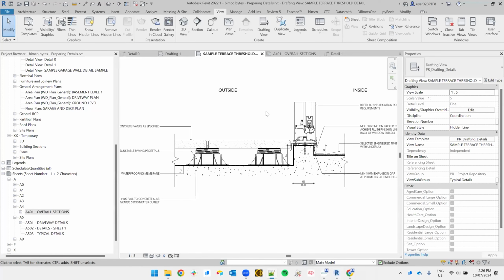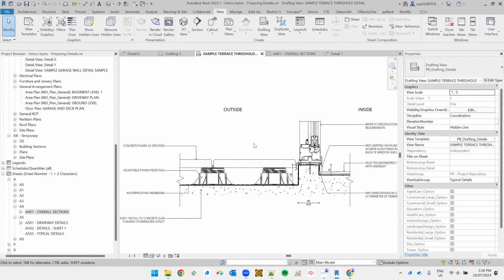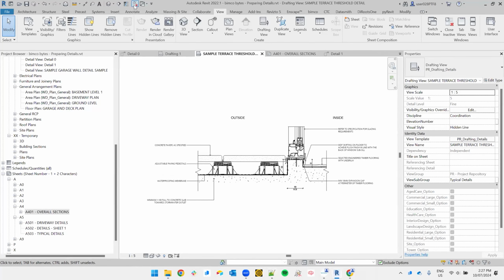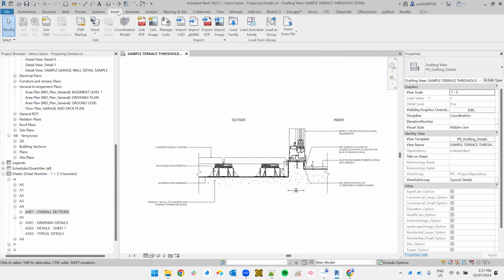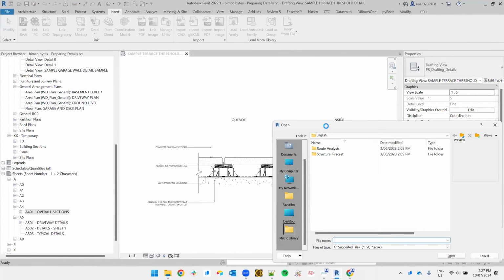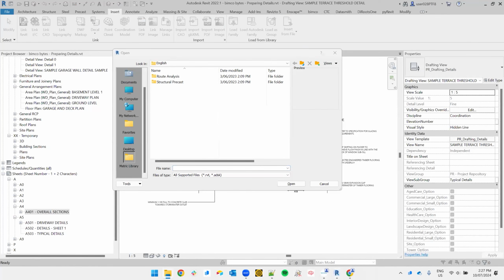Finally, I'm just going to show you quickly how to bring in details from other files. Now, this is one of the benefits of doing your details in 2D, in drafting views in particular. You may have a repository file where you store these details. You may even use Kinship. But to bring in details from another file, you can go to Insert, Insert from File, Insert Views from File, navigate to the file location,